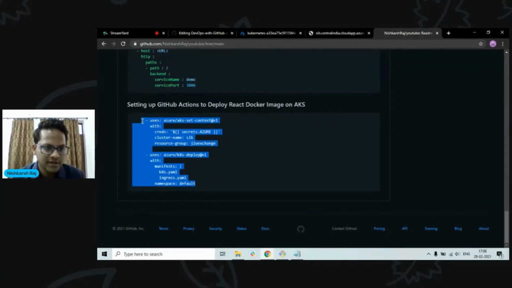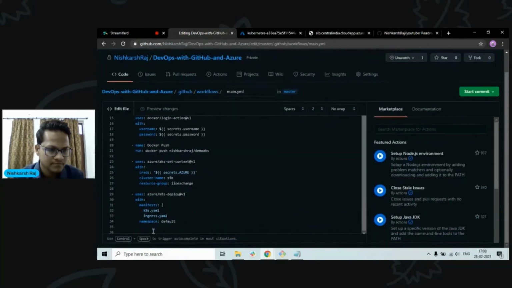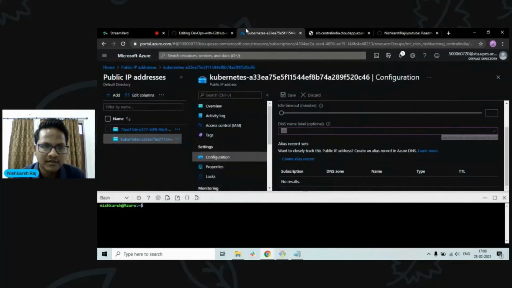Have this configuration here. Let me first copy, then I will discuss what it does. Should not be any spacing errors. So the first command that I've added is Azure AKS set context. So we want to authenticate this GitHub Actions with the Kubernetes resource group.